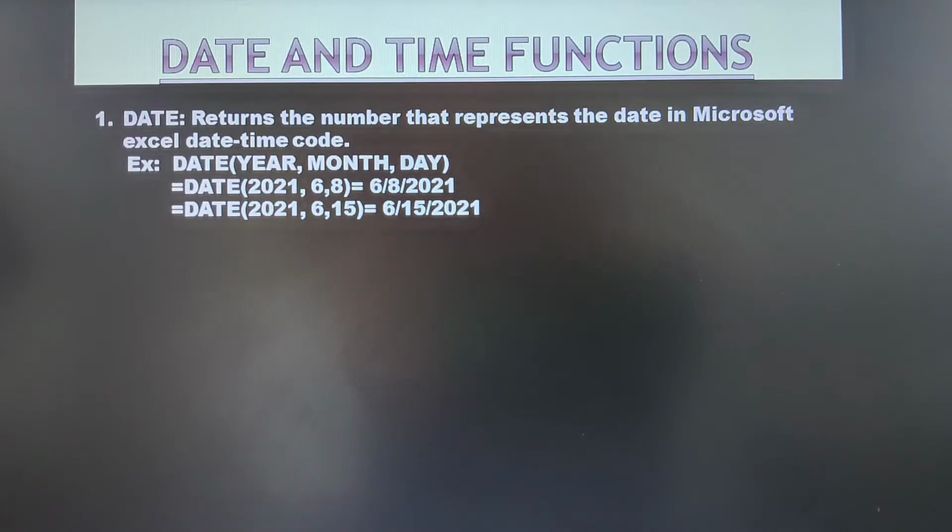In today's class, we shall study and discuss one more inbuilt function, that is date and time functions.